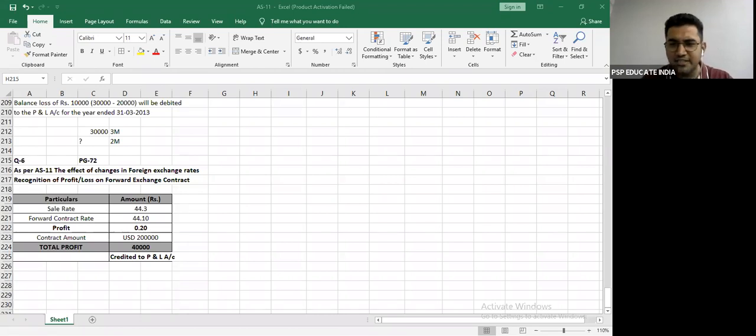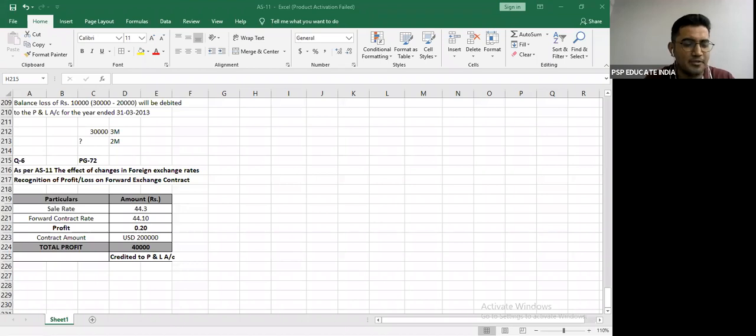What happens in hedging? In hedging, you will look at your position. Your position in the sense, do you have to pay or do you have to receive? Please understand this. It's a CA final level concept, but since you have asked, I will make it very easy to explain, and I would request everyone to please understand this. The question is, when we enter into such a contract for hedging, we sell it to the bank and the bank will give us USD at a fixed rate. So doesn't it mean that we sold the contract to the bank? No, it does not mean so.